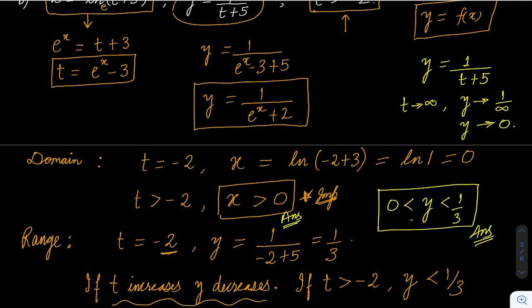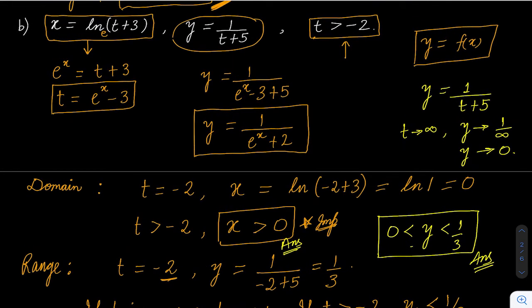So this is how we use some logic, some graphs, and some basic understanding of mathematics and algebra to find the domain and range. And you can see there is no fixed method. Again, I will say this for the last time, the second method, if you want to go for it, is you can just draw the graph of y equal to 1 upon t plus 5. This is nothing but an inverse graph. You can just draw this and then you can see what happens if t is greater than minus 2. What are the y values possible? So you can do that also.